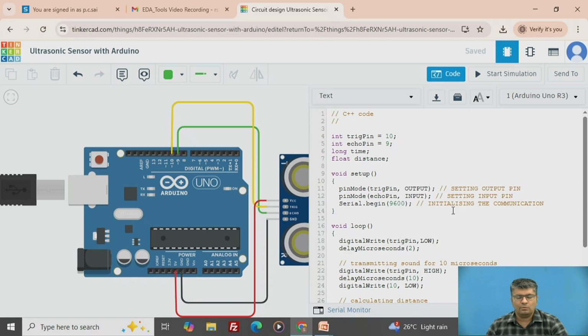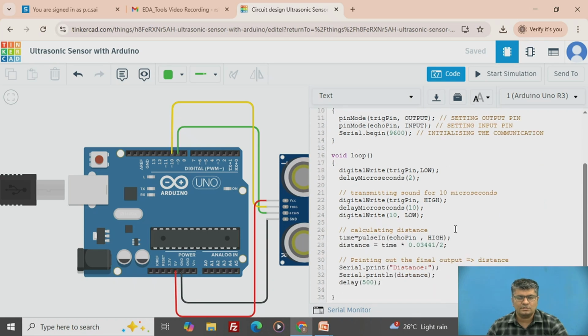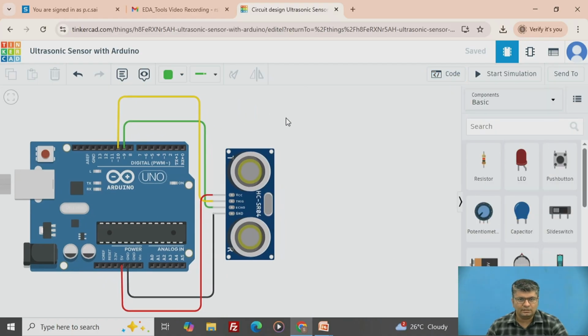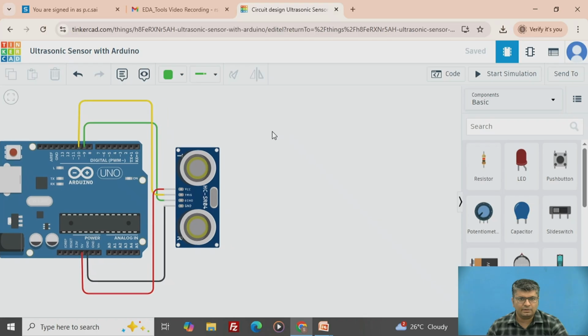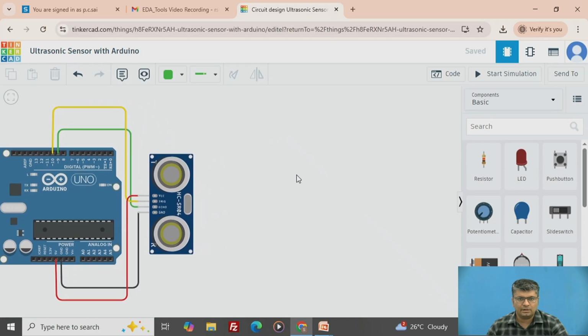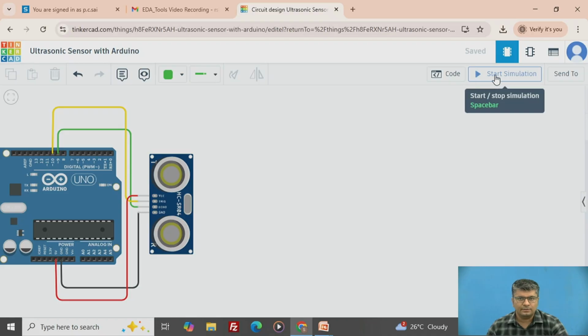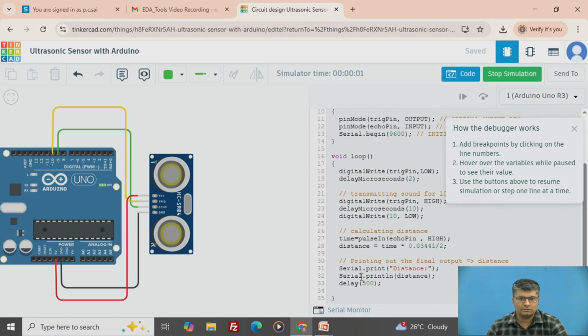We'll show the demonstration first, and we'll again discuss a few of the changes that we can make in this program and how to get it. So if I click on this, I will take it up. I will set this thing apart, because when we simulate this, we'll get the result. So we'll start the simulation. We'll see the code part also, because this is the serial monitor where we are going to get the